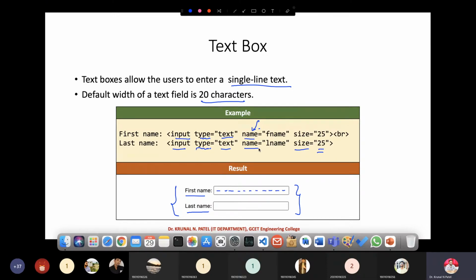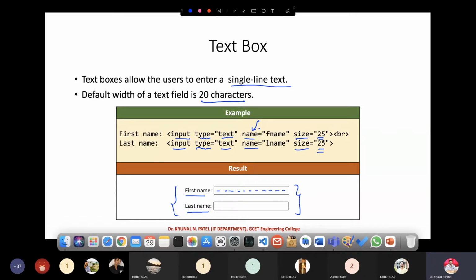For naming, you should follow some professional tips. Always give a meaningful name so you can understand it whenever you use these names in JavaScript for background logic. Try to make a practice of giving professional, meaningful names. After that, we have the size attribute. Now instead of 20, it will accommodate up to 25 characters.